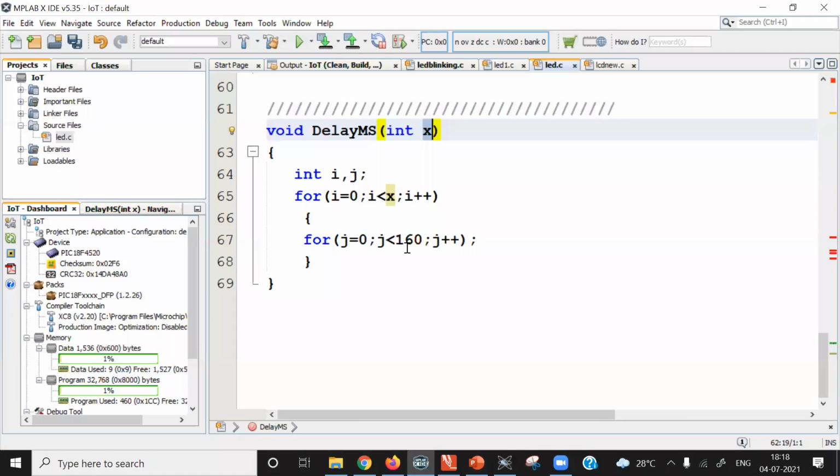And once it becomes false, it will come out of the for loop. So here there is one for loop inside the another for loop. So with this we can generate required delay. However, you cannot directly measure how much delay you can generate. So there is then trial and error approach. So using trial and error approach, you can calculate how much delay we get for a given x value.